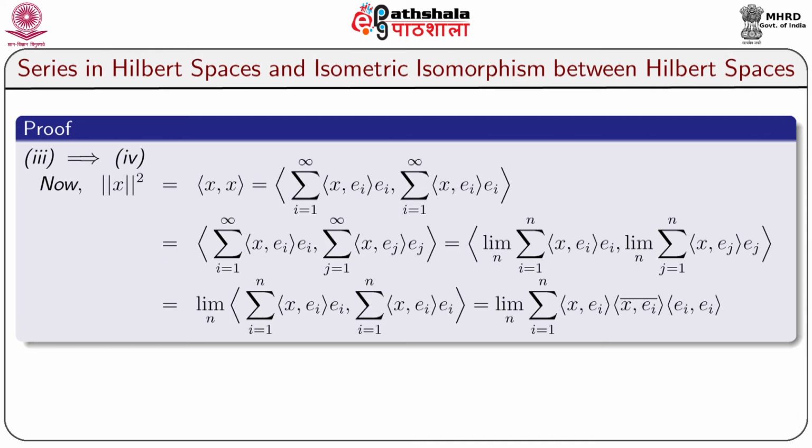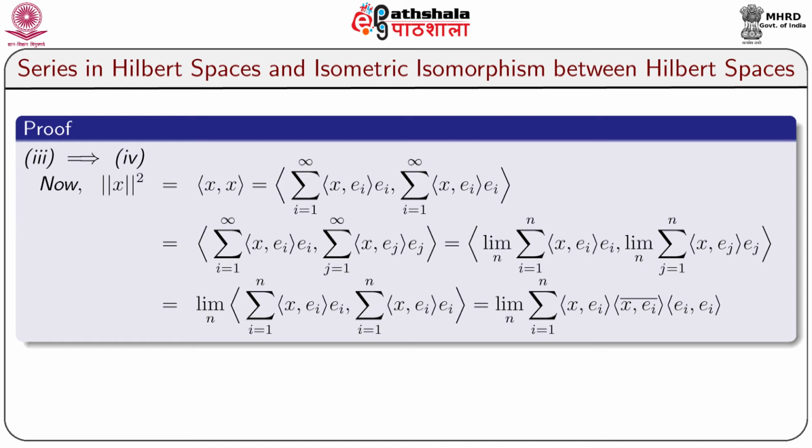Now, we shall show 3 implies 4. Now, norm x square equal to inner product x comma x, which is equal to inner product of sigma i equal to 1 to infinity inner product x comma ei into ei comma sigma j equal to 1 to infinity inner product x comma ej into ej, which is equal to inner product of limit n of sigma i equal to 1 to n inner product x comma ei into ei comma limit n of sigma j equal